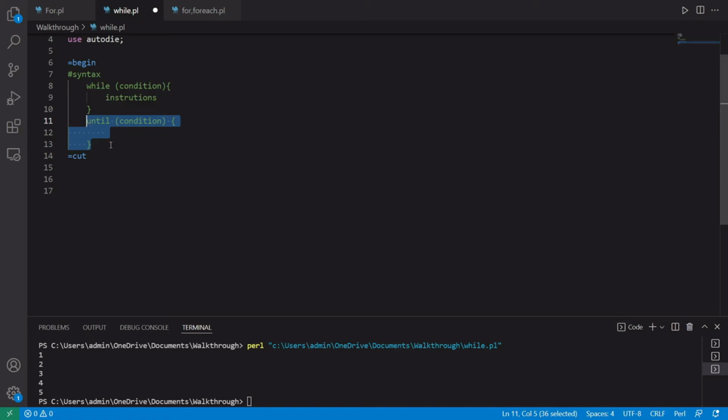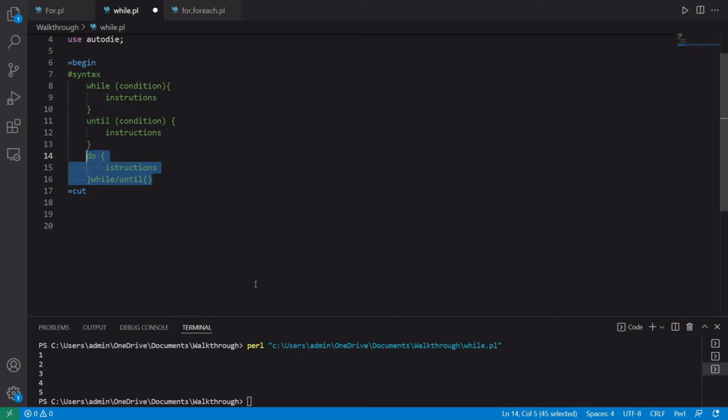The until loop has an identical syntax to the while loop, with its conditions after parentheses and its instructions after the curly braces, but it always reverses the sense of the tests of the while loop. Iteration continues while the loop conditional expression evaluates to a false value instead of a true value for the while loop. But other than that, it is identical.